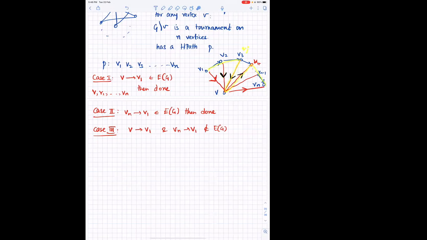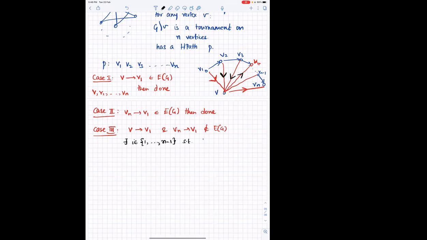You come in and then go up. And definitely there should be such a flip, right? From the downward arrow, at some point it has to flip. Probably it flips here only at V2, or it might flip at Vn minus 1. Right? So in case 3, we know that there exists an i in 1 to n minus 1 such